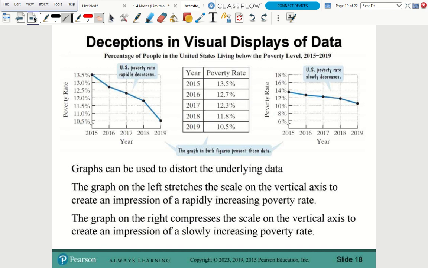So look at the difference. So look at my intervals right here. This goes in half points, right? Looks like it rapidly decreases. It doesn't though. But if you're looking at it here, right here in years. But now if you look at this chart right here, what's different about these two charts? They're plotted numerically. Look at the spacing. Spacing in the Y values. Yeah, that's what I'm saying. Yeah, going up the poverty rates. If you look at the spacing,